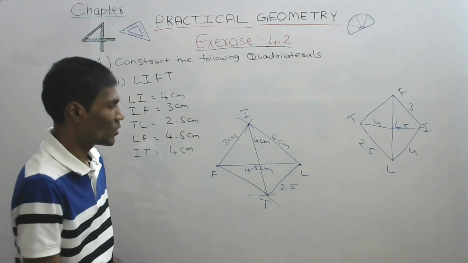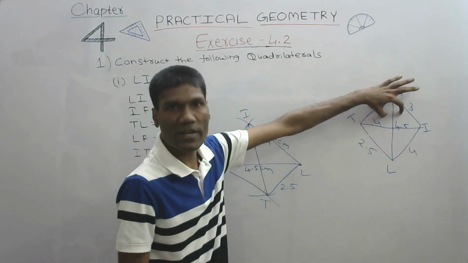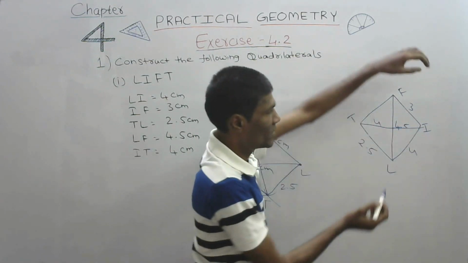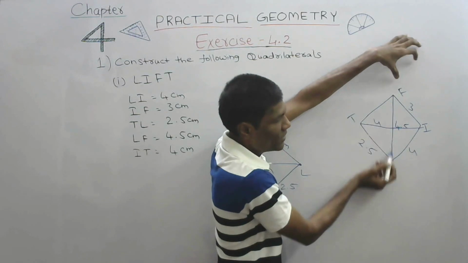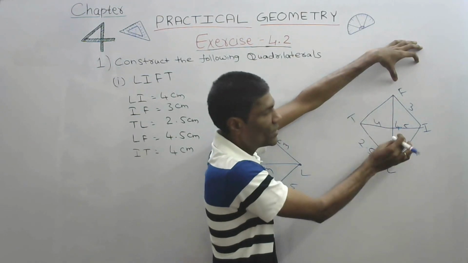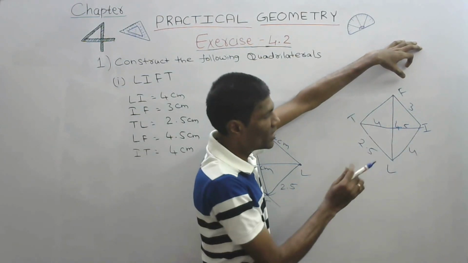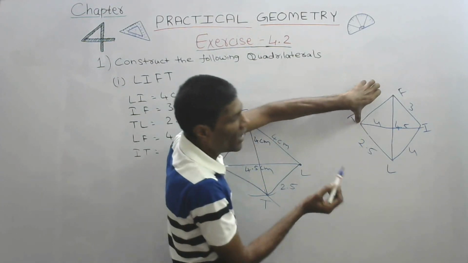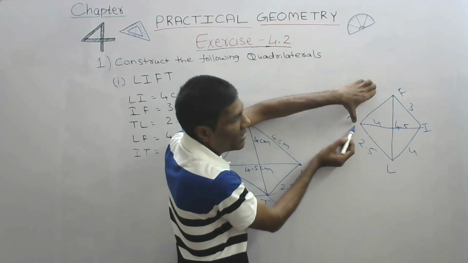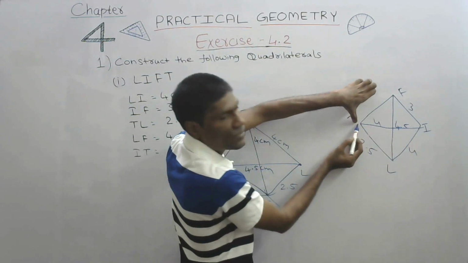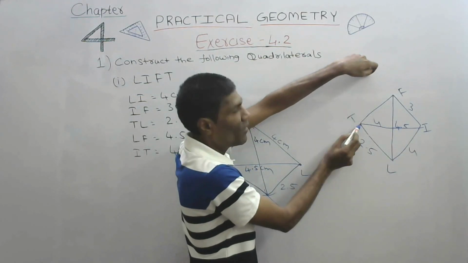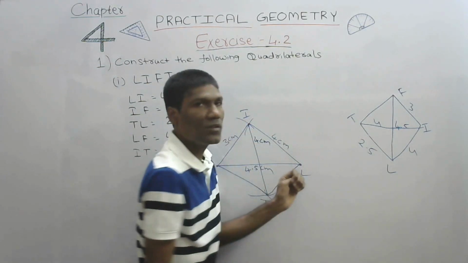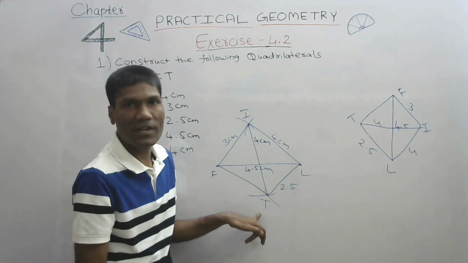So what we are going to do is first draw a rough diagram, then draw one triangle, which is easy. Like in this case, let us take this one and this. This is very easy to draw. After that, this point we need to know. To achieve this point, we have two values. That is from L, this one, from I, this value. So make two arcs, we will get the intersection point. We can join them to get the value of T. So we will get T.